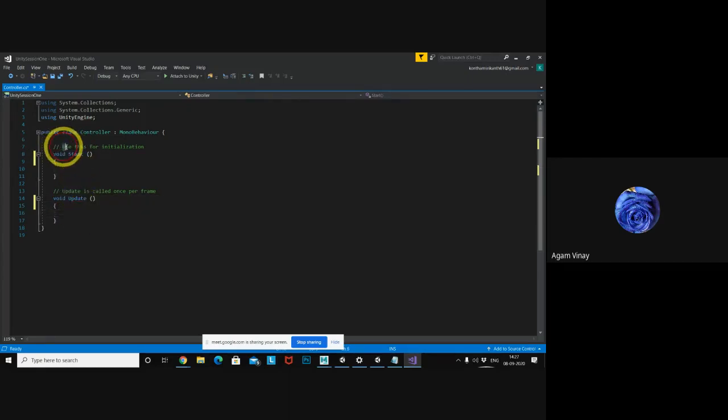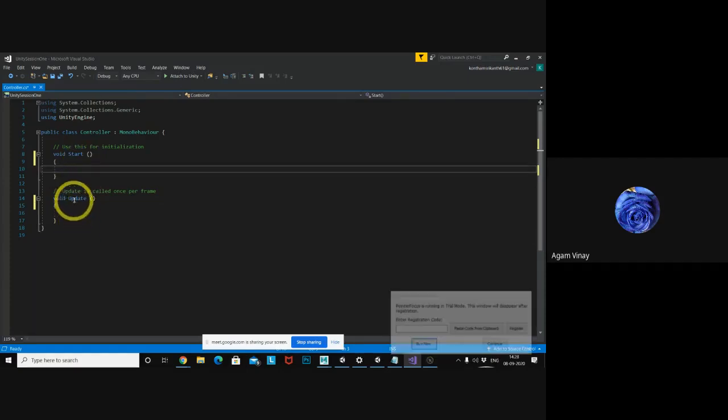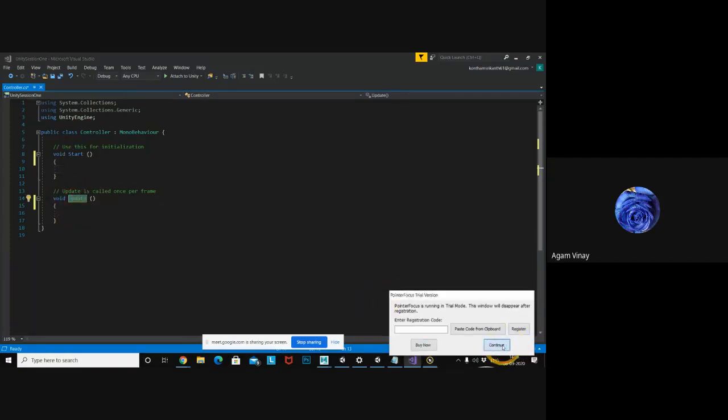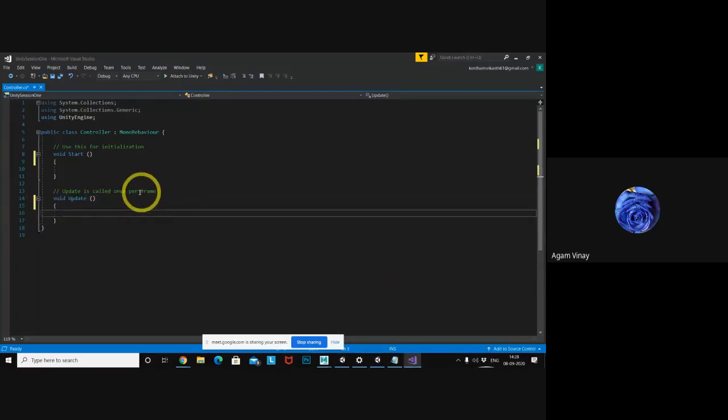Here you can see, use Start for initialization, and Update is called once per frame. Start is automatically called by the Unity engine, but only the first time. Update will be called once per frame, meaning it will be called continuously by the Unity engine.